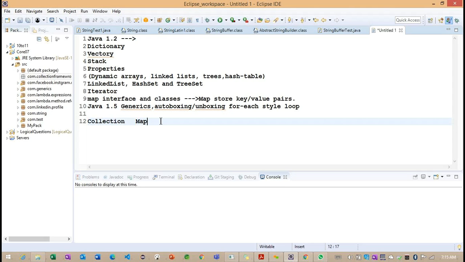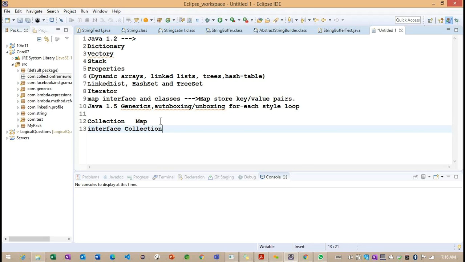So we'll connect with our collection first. To connect with this collection, we have the main interface called collection. How are we going to define this interface?